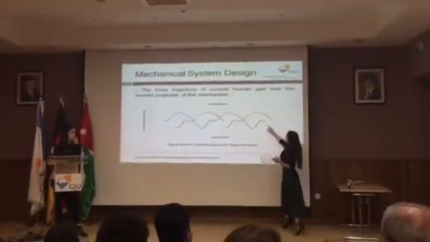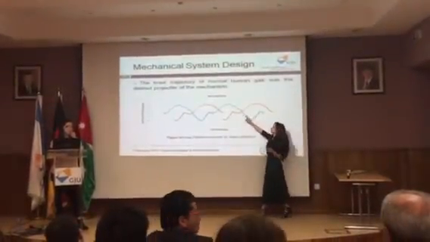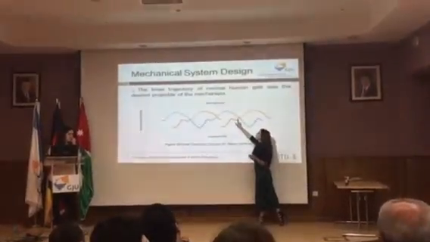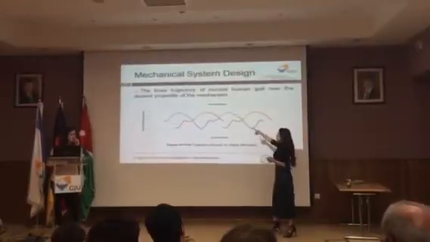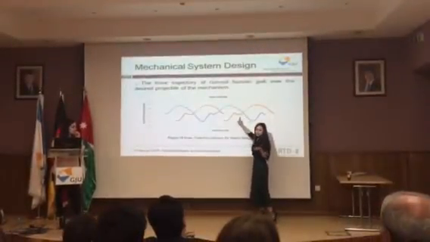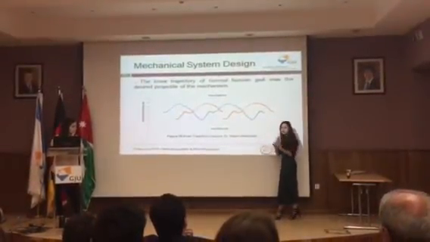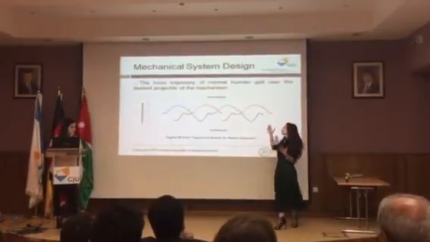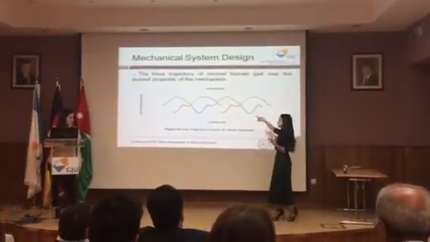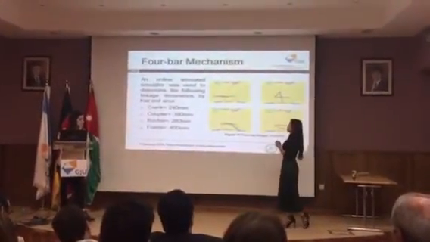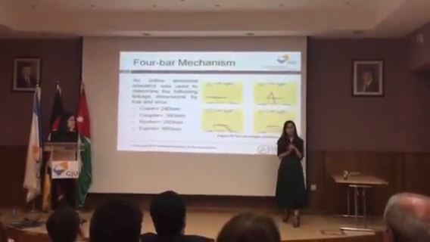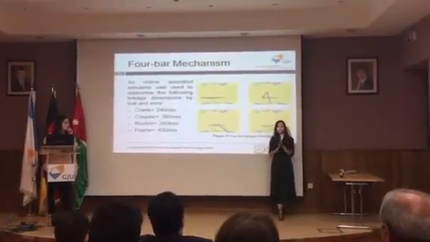The blue, as you can see, is the movement of the left foot, and the orange is the movement of the right foot. So the movement of the right foot in orange is what we use for the trajectory, our reference, so that when we tried to obtain the mechanism we wanted, we looked at this trajectory and tried to obtain a very similar one. So before we did that, a four-bar mechanism in general is a mechanism that consists of